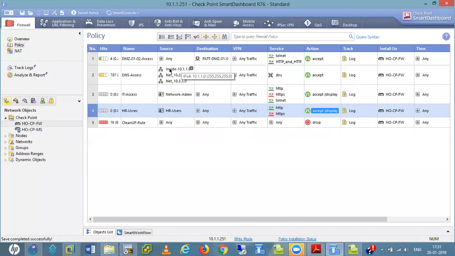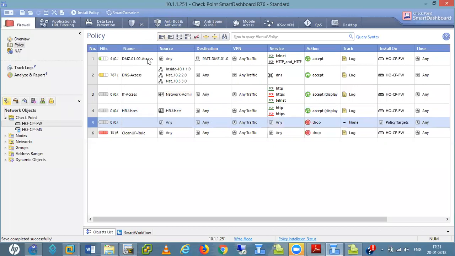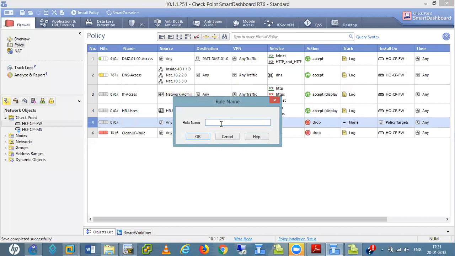In the policy, I have the policy only for these users, created by default, network admins. If I add a new rule below this rule, view guest.